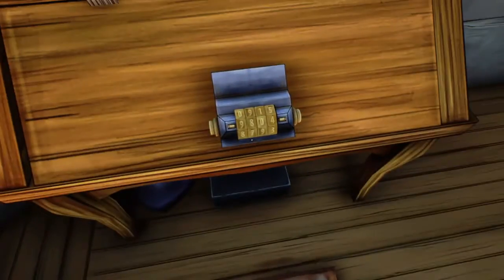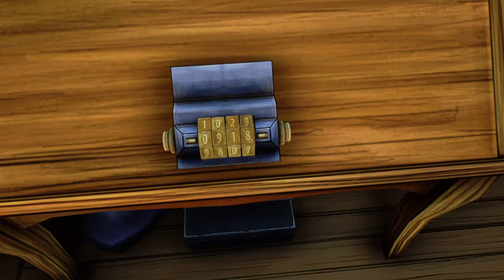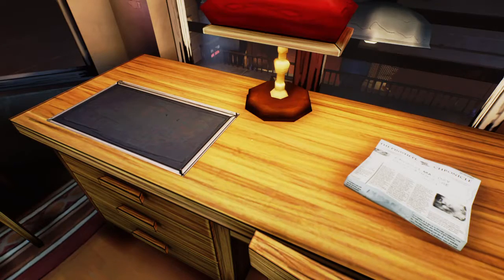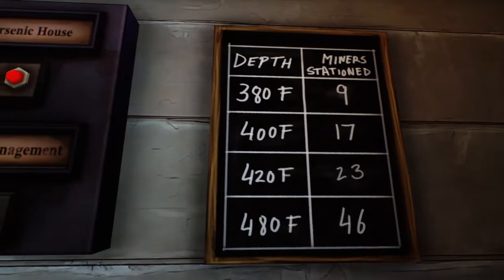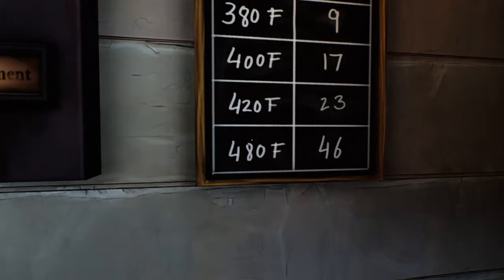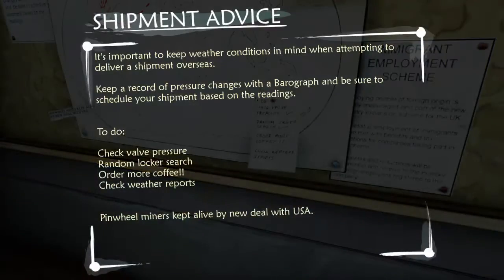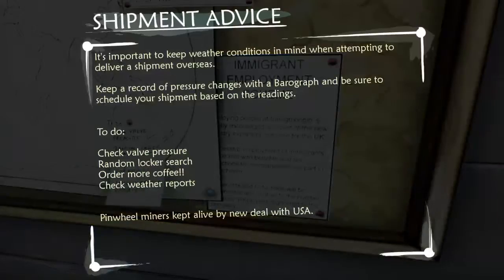Let's try that other combination, 0911, even though I'm pretty sure it's not. I think that's for something with the, yeah. I think the 0911 combination was something for the time capsule, so I haven't found that yet. Oh, okay, what's all this? $380, $400, $420, $480. Check valve pressure. Well, these are...